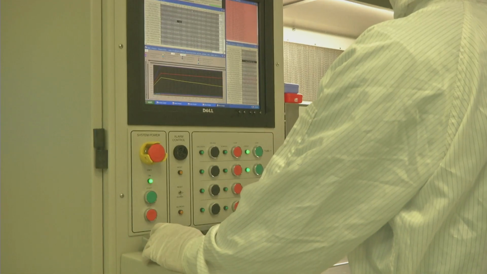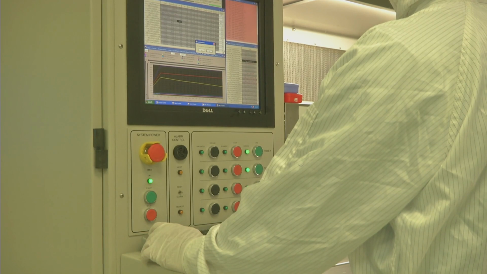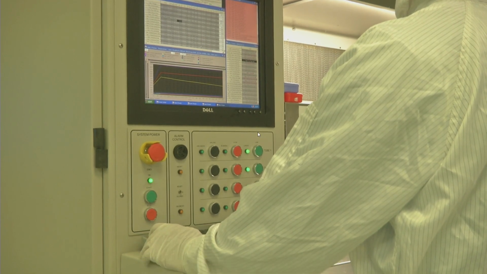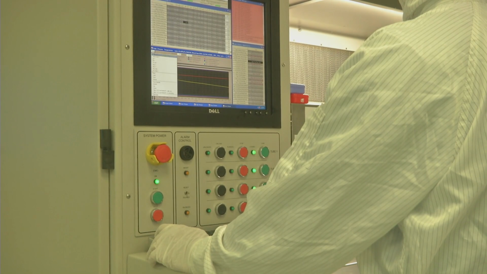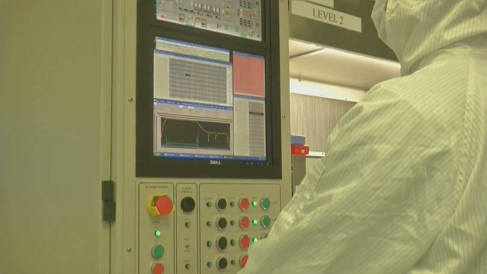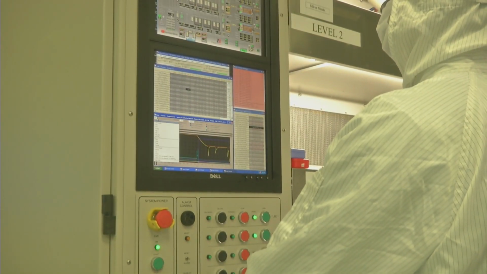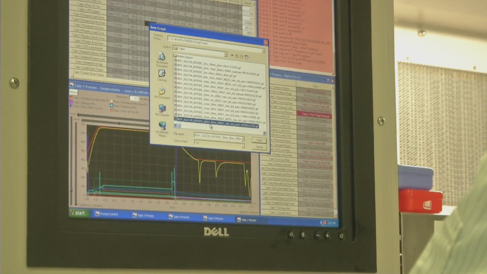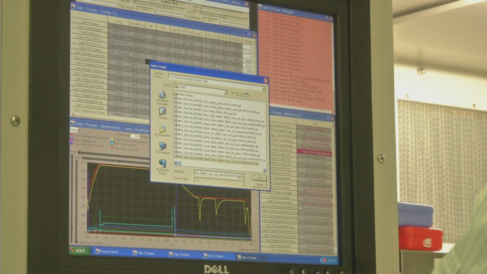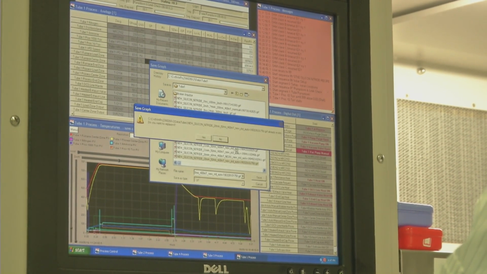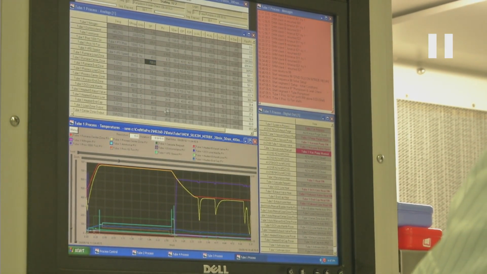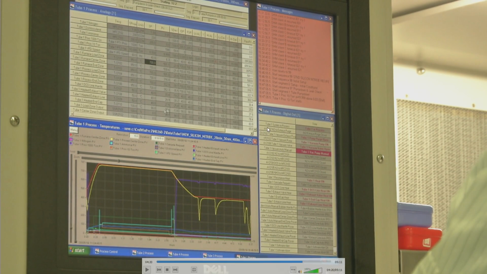So once the loading is done, then we come back to the control program, and we have to choose the right recipe, the deposition recipe, with which we can deposit the silicon nitride that we want. So this is all pre-programmed. You can see here there are multiple recipes available, and you are loading this program into this control software so that the gas lines can be controlled, the temperature elements can be controlled, right?